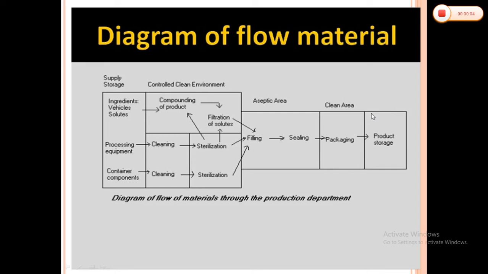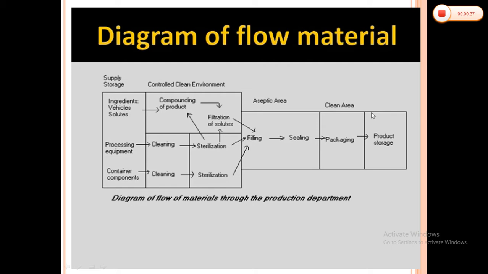We'll move to the next points under the requirements for the sterile manufacturing processes. In last lectures, we discussed personnel control, meaning the precautions we have to take regarding the persons working in that particular sterile area. In today's lecture, we will discuss the other points. Of the 5 P's, we have discussed 1 P, that is the people. Today we'll discuss the premises, processing equipments, processes, and processing records.